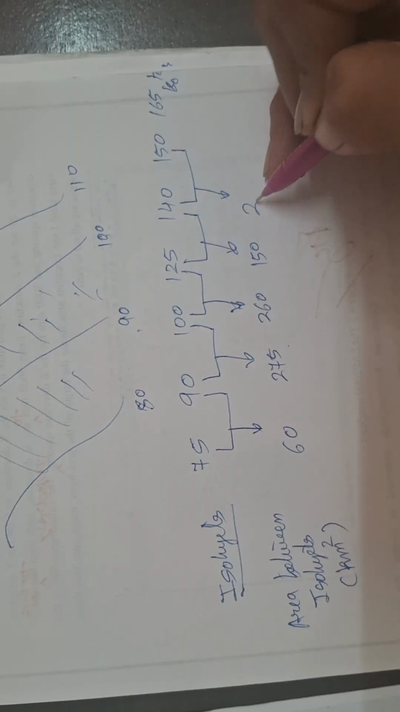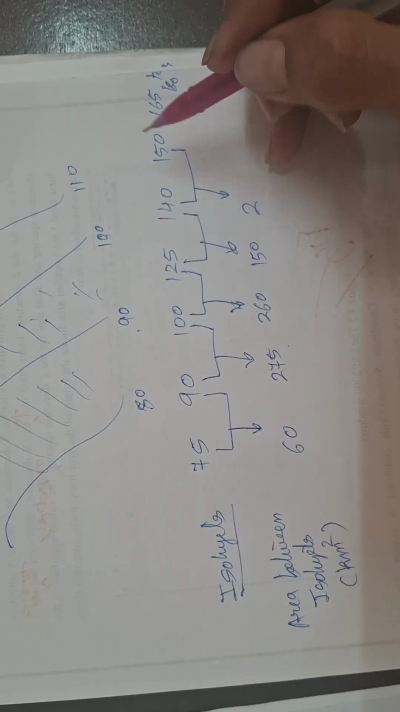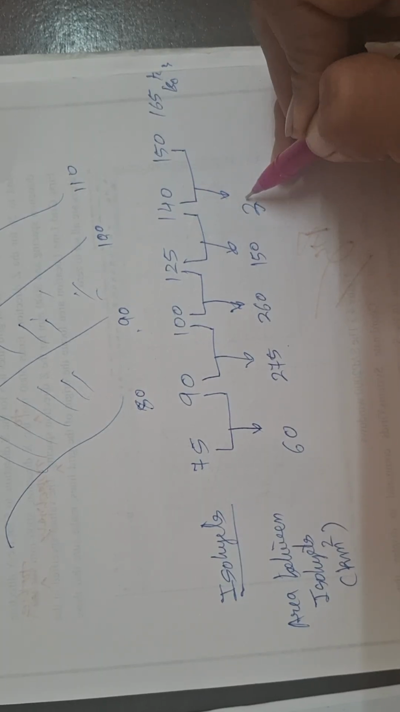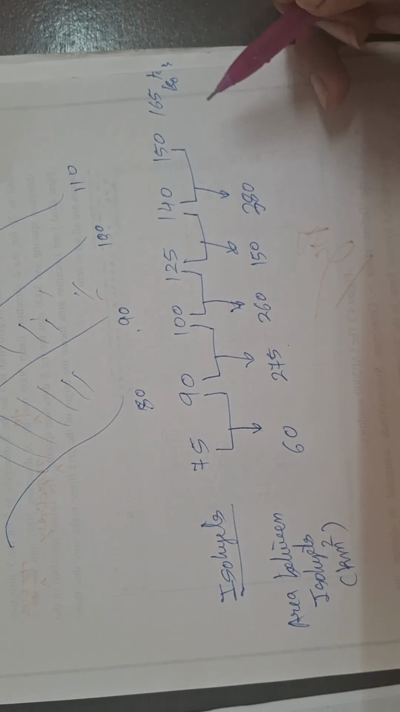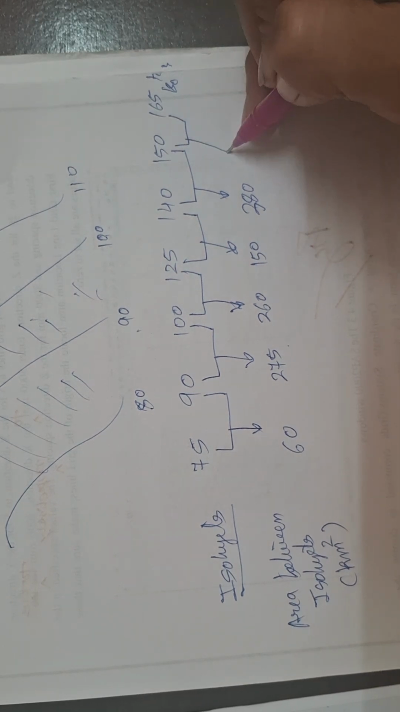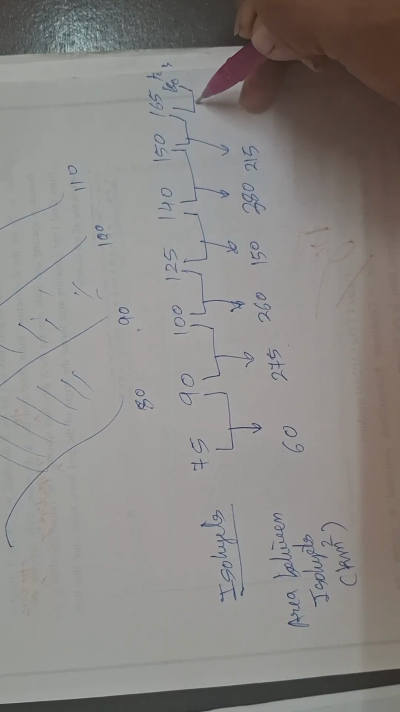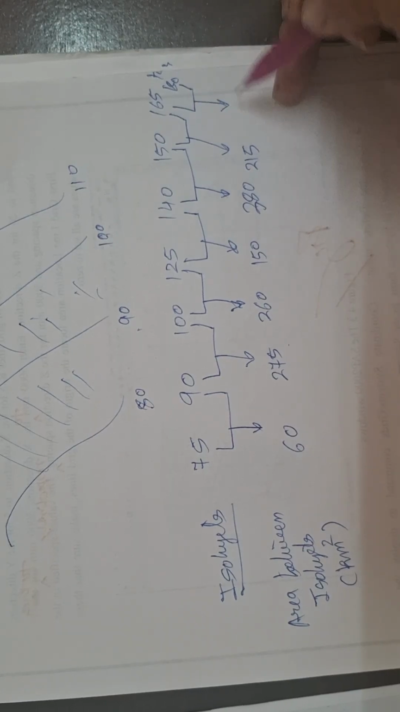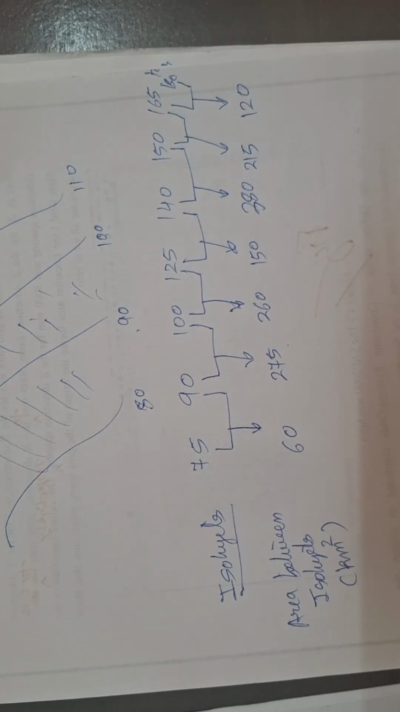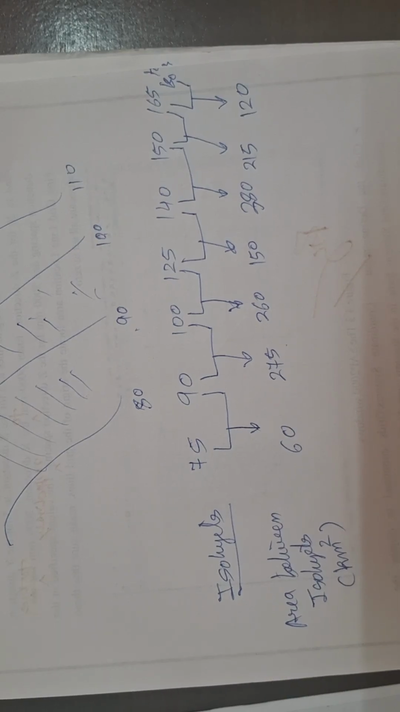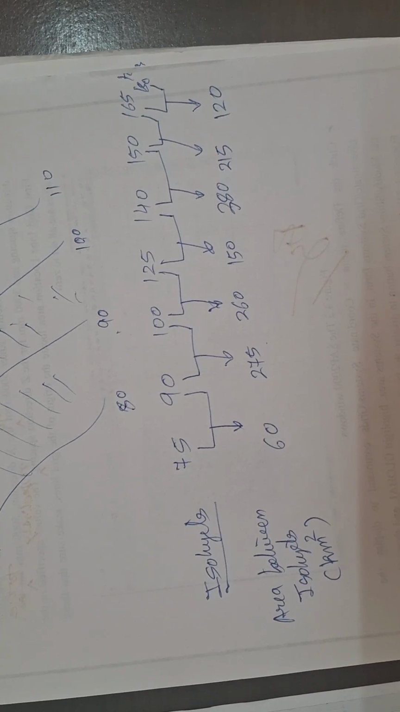The area enclosed between 140 and 150 is 380 square kilometer, 215 square kilometer, and between 165 and 180 it is 120 square kilometer. So the area enclosed between the isohyets they are giving, so we can directly find out